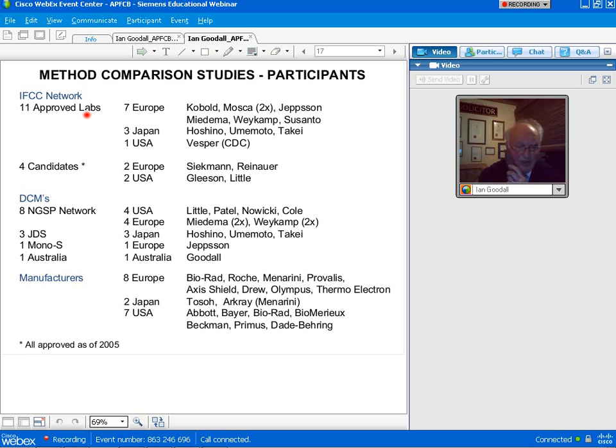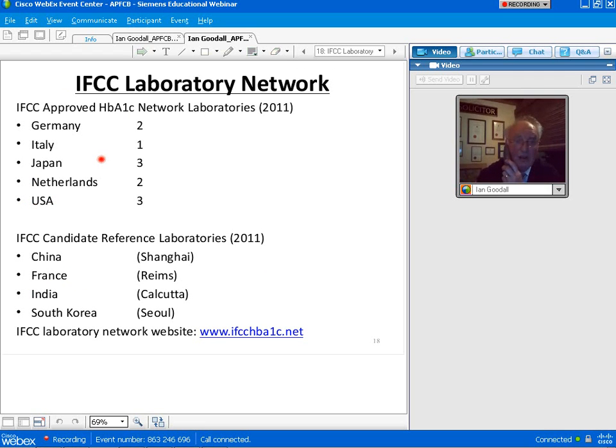website for the IFCC working group has actually been closed, but there is now a website, www.ifcchpa1c.net, which has all the information and the publications that the group has done. And it really contains everything apart from the working group members, because there are now no working group members. The laboratory network is actually still running. The laboratory network which standardised everything, and that will just continue running. But the actual working group themselves no longer meet. Okay,